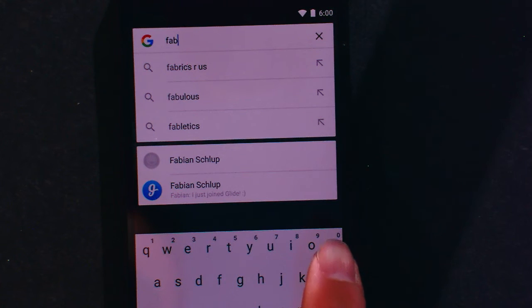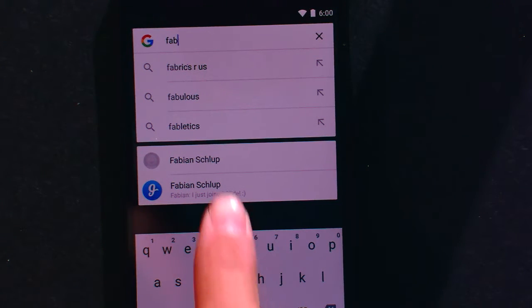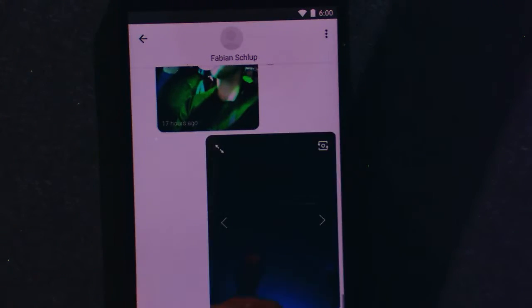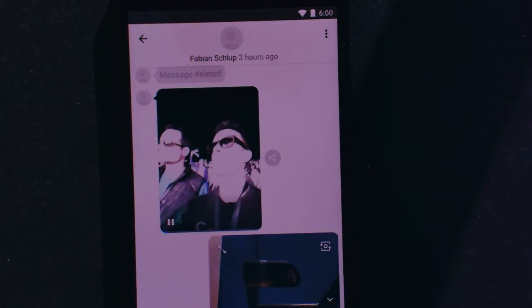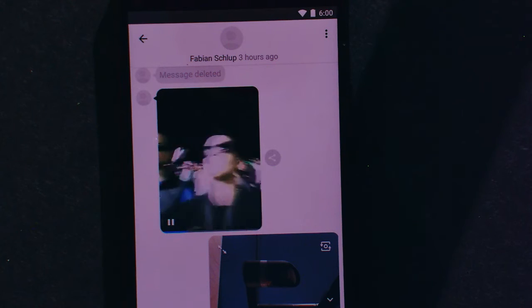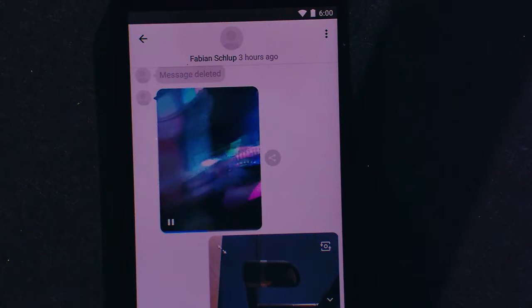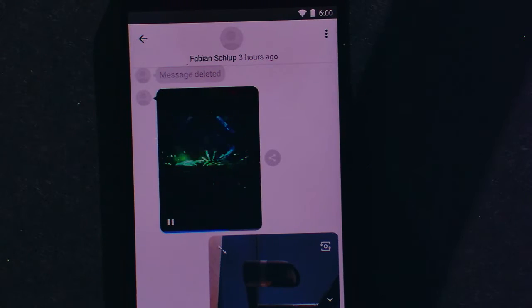If we go back to the home screen, now, by the way, who went to the concert last night? Awesome. It was amazing, wasn't it? We happened to go as well, and Fabian sent me a message with a video that he took. All we have to do is search for Fabian. There we see there's a messaging result. Excellent. So all we have to do is tap on it, and let's see whether we can play that back. Looks like a lot of fun. Awesome.